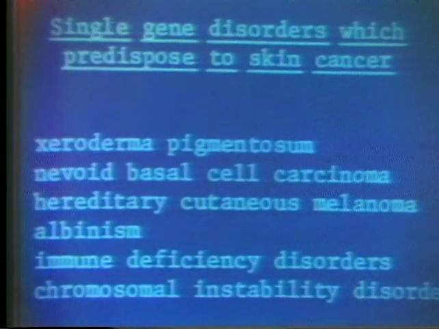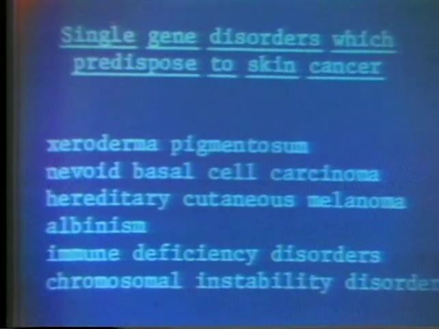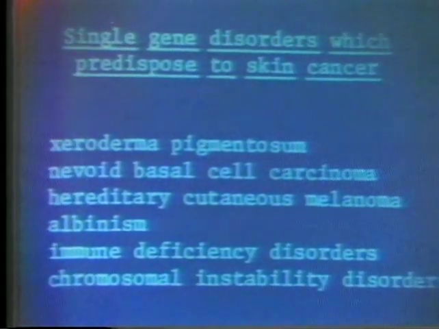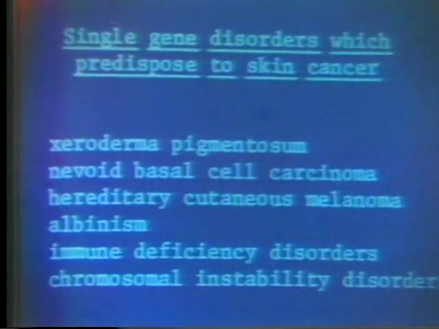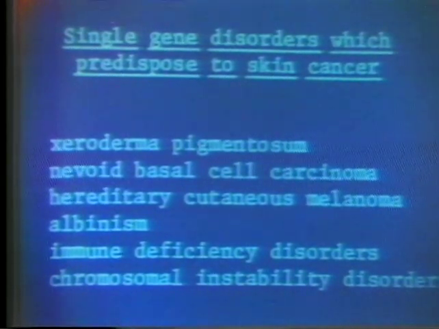Among the single gene disorders, this is not a complete list, but it's a list of ones which have had something specific to tell us about the etiology of cancer. As we mentioned, xeroderma pigmentosum, which has taught us about the body's ability to repair damage from outside sources, or the absence of the ability to repair it, and suggested that somatic mutation is an important event in development of cancer.